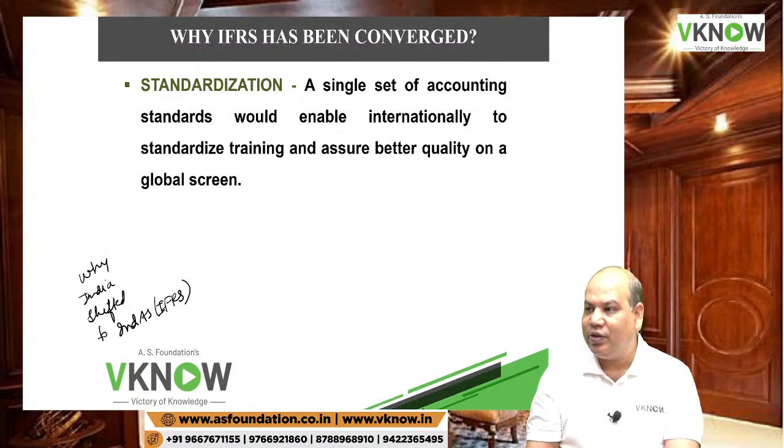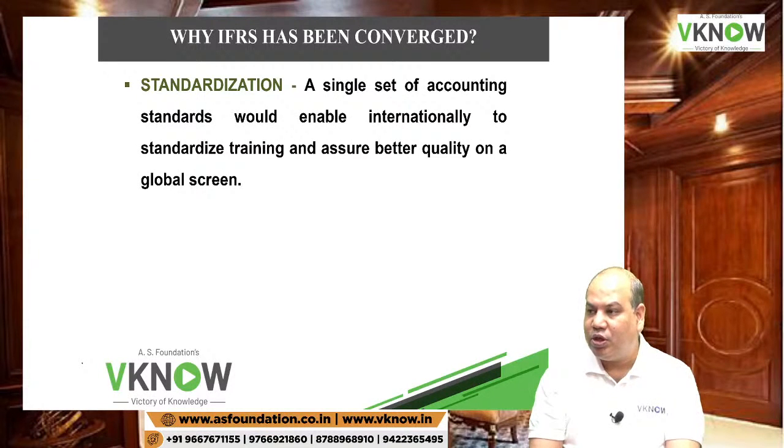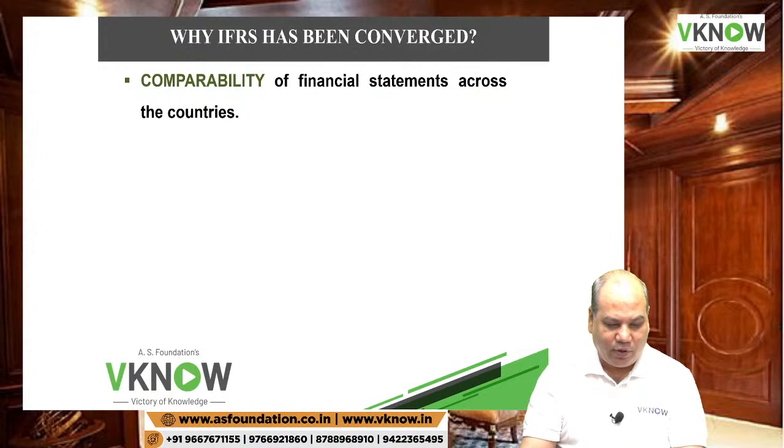How do I take a decision if I can't compare? So corporates were losing out to other countries. They were not able to raise funds because the investors were not able to understand, interpret or compare your financial statements with others. Then the government finally realized, no, we should also have a high quality, globally recognized standard, and therefore they decided to go for the converged version of IFRS.